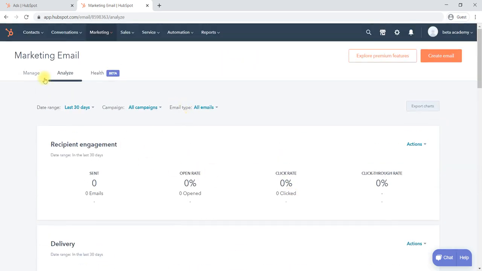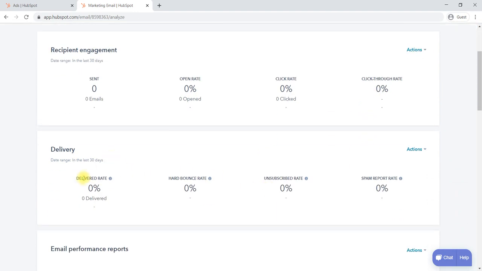Here in the analysis you can check, and your open rate should be high, click rate should be high, click through rate also should be high. Hard bounce rate should be low. You should deliver 100%. If you deliver, that is better. If your bounce is more than 10%, it is bad.